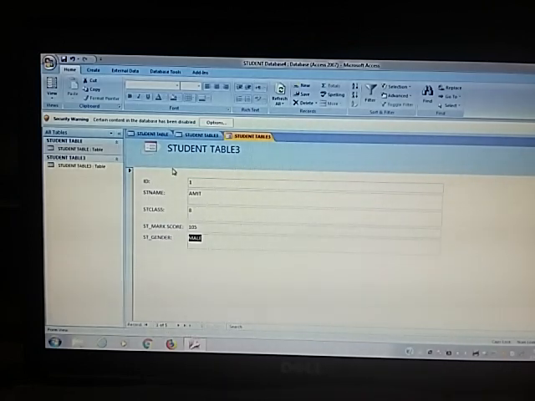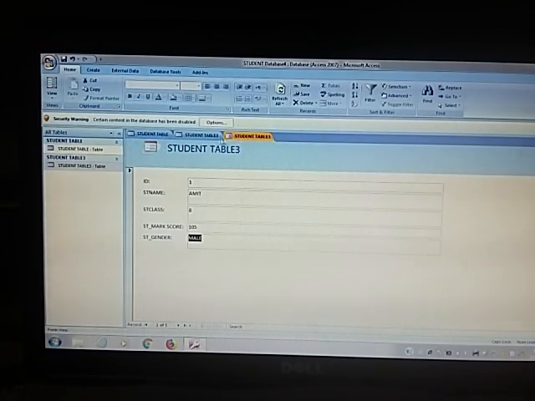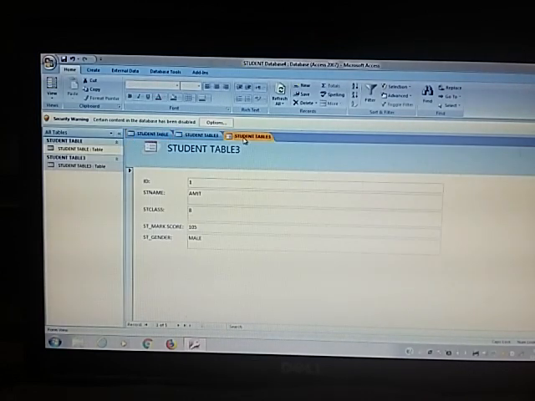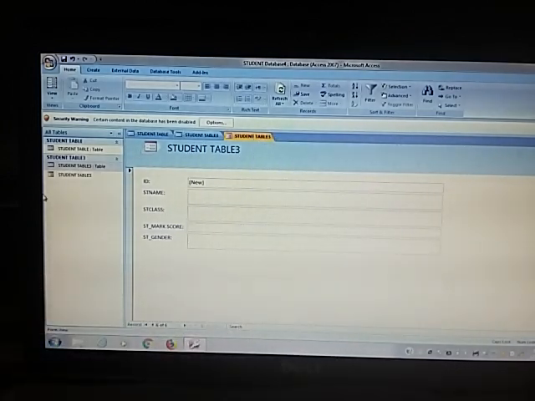Now if you want to choose, click on the student table, you can check that the student table will show. Press Control S and save your form as student table.